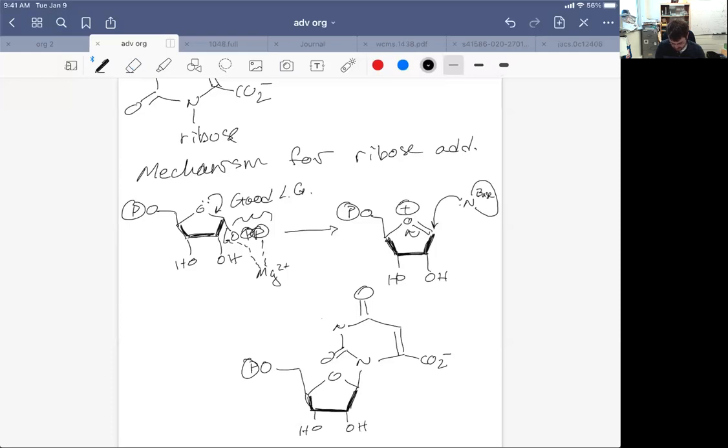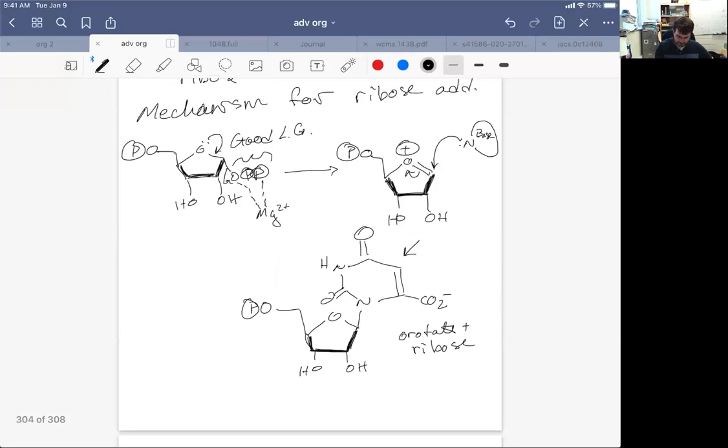Focusing on this, NH up here. All right. So we've attached our orotate to our ribose. So orotate plus ribose, that's actually going to give us a nucleotide, which is called Uridine. So Uridine, which is the monophosphate in this case,